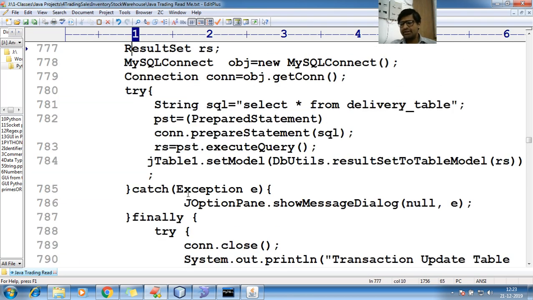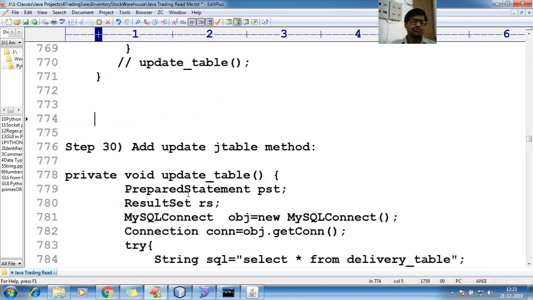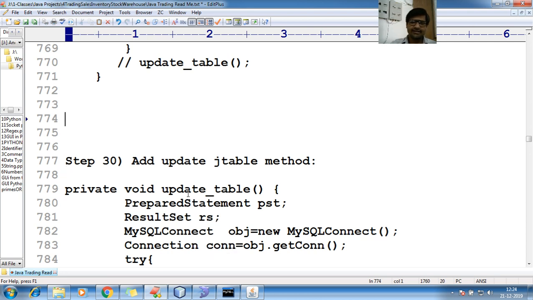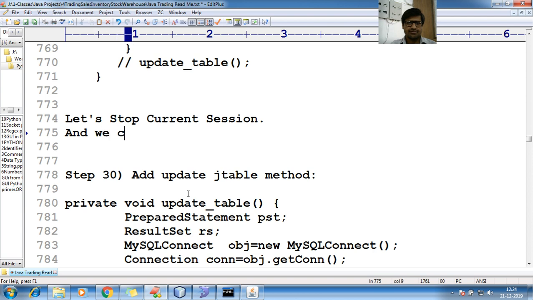Okay guys, anyhow it's too late. Let me continue this topic tomorrow or the next day. So guys, I think it's time to stop. It's almost 2 hours. So let's stop the current session, and we shall continue tomorrow. We shall continue the remaining session,